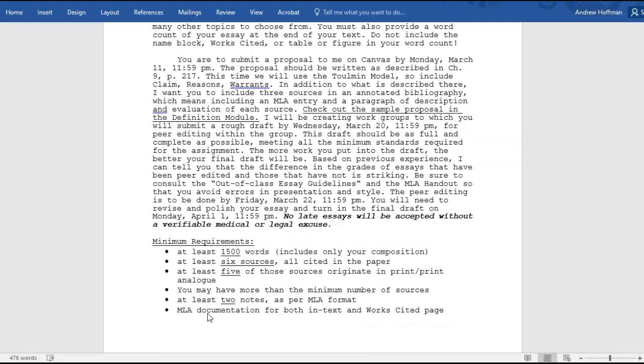So keep in mind the minimum requirements: at least 1,500 words, at least 6 sources, all cited, at least 5 of those originate in print or have print analogs, meaning books, magazines, newspapers, journal articles, government reports, things like that. You may always have more than the minimum. You need to have at least 2 notes presented in MLA format. They could be endnotes